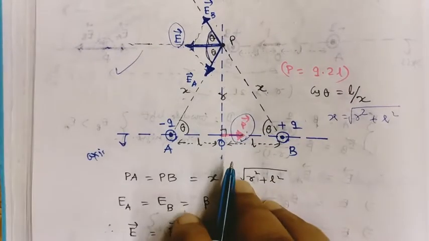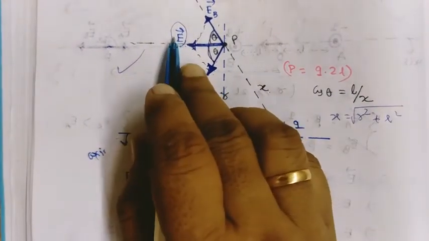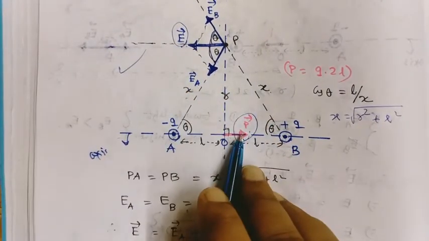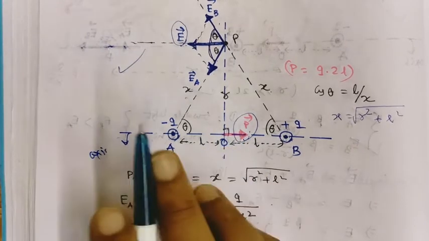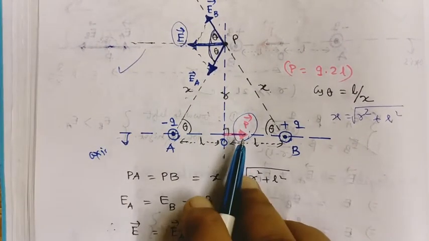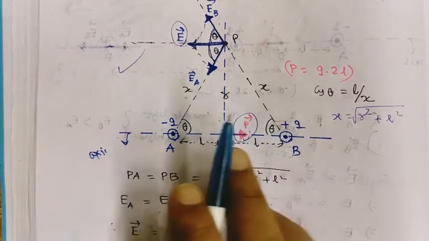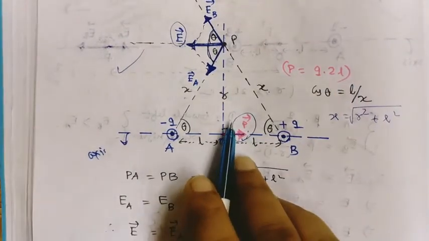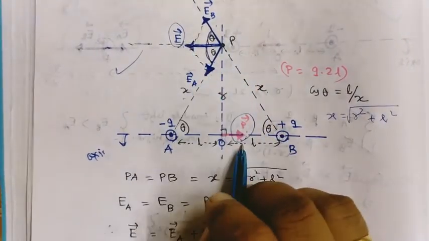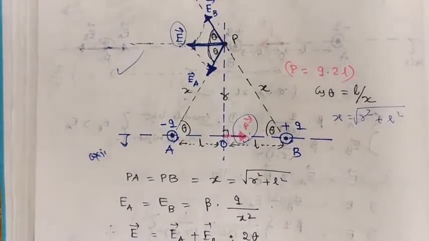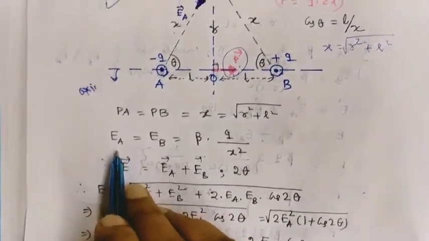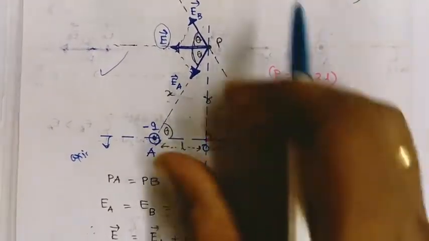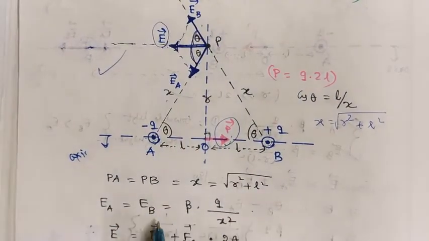But in the previous case what happens? There the electric field intensity is along the dipole moment. But in this case, the electric field intensity direction is opposite to the dipole moment. This is very important. We have to compare the first case and second case. When we calculate intensity at the axial position, that means the first case, intensity is along the dipole moment. But when we calculate at the equatorial position, intensity is opposite to the dipole moment. Now we have to calculate. Here the EA vector magnitude is the same as the EB vector magnitude. Why? The magnitude of both source charges is the same, and the distance x is the same. That's why the magnitude is the same.